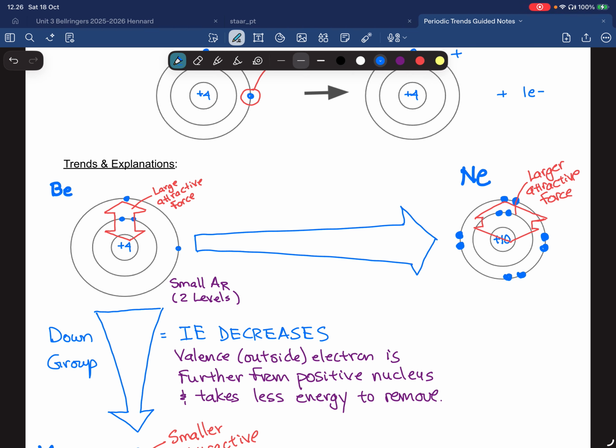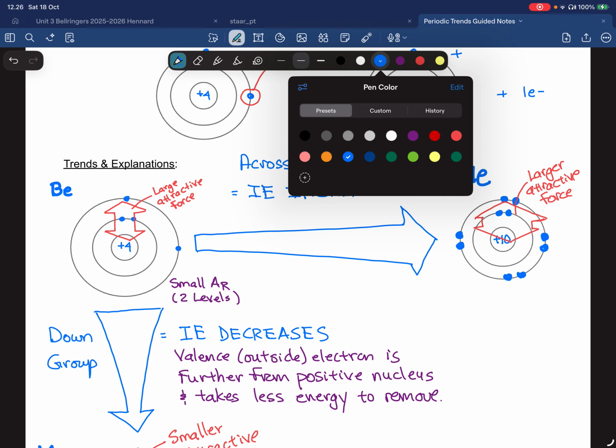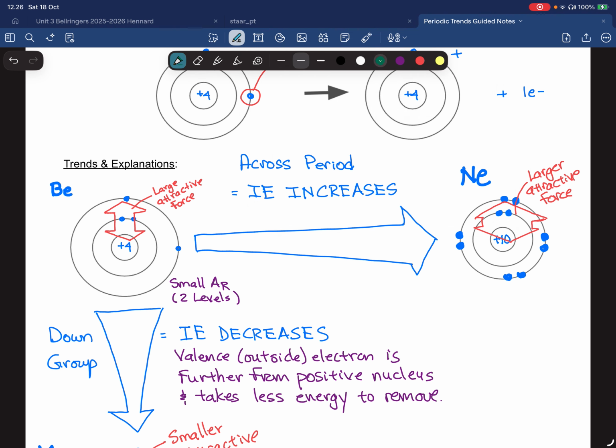So the ionization energy across a period increases, becomes more difficult, and takes more energy to remove an electron. All right, now, just like on the last one, I'm going to switch to green so you can see the difference between these. All right, so it increases, and that's because across the period, you have a larger